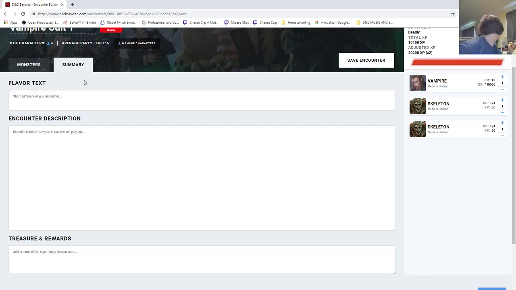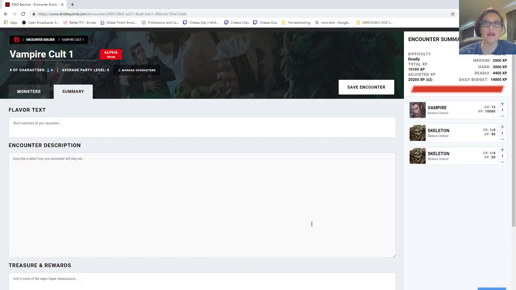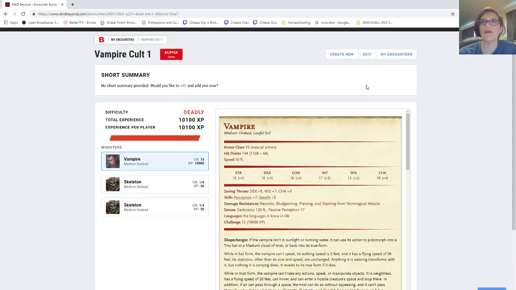I actually use, let me grab it, I use these wonderful cards right here. These magic item cards for when I want to look for some awesome tools or rewards. Another great tool is those cards. So you can go ahead and put in anything here that you want them to do. I'm not going to do that right now because I don't want to spend time flipping through my cards, but stay tuned because I am going to do more videos and more streaming of setting up encounters and preparing as a DM. So go ahead and click that Save Encounter button when you're done,